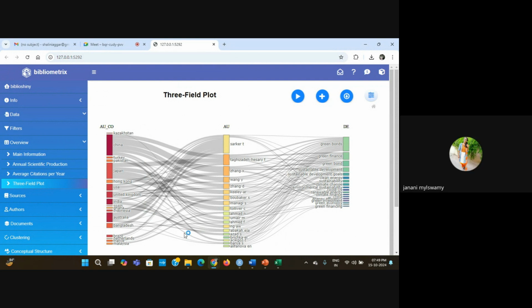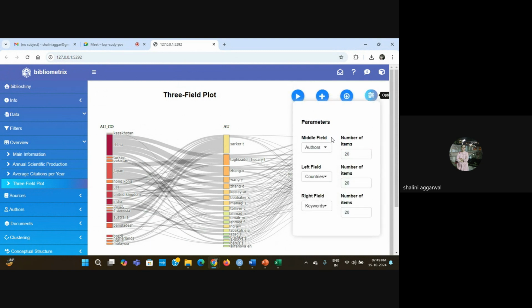Ma'am, we have the option of changing the parameters, no, ma'am? Yes. So it is always better to use only these parameters. So here, say these are the parameters, because affiliation is the name of the institute. I think it is not of much use to us. So authors, what you can do is, if you want to make a change here, if there is a